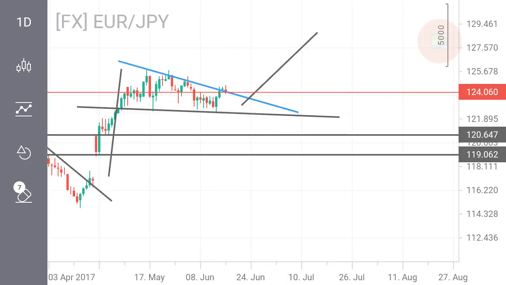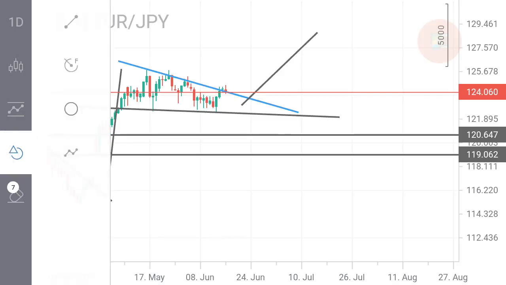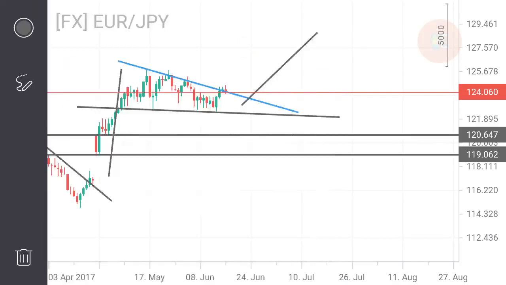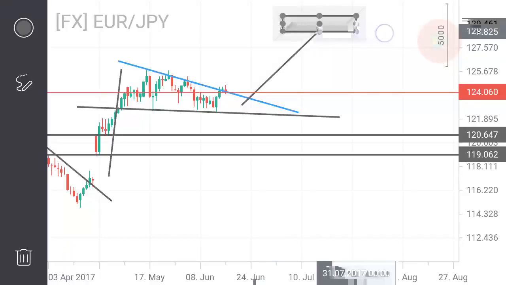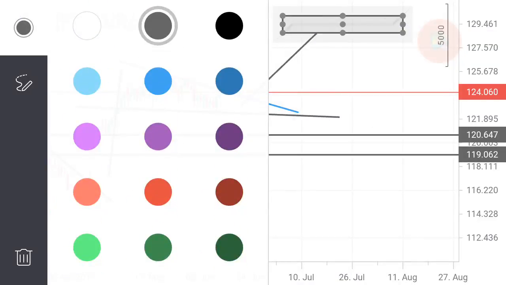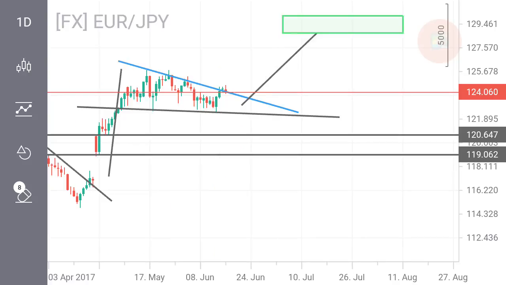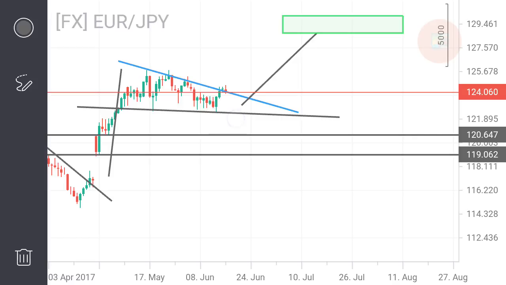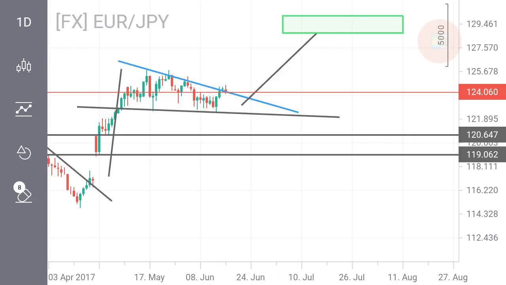It's gonna touch the bottom, and once it reaches there, we can expect it to form a profit zone. This profit zone will be put in green. You can expect the prices to reach here, but once it touches the bottom of this,